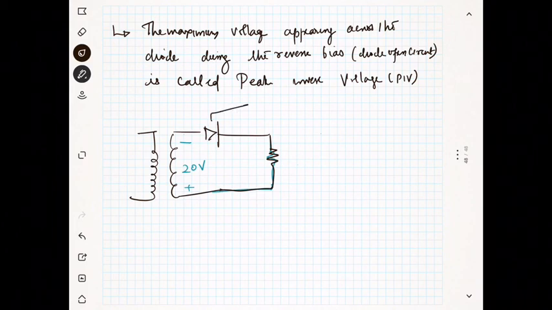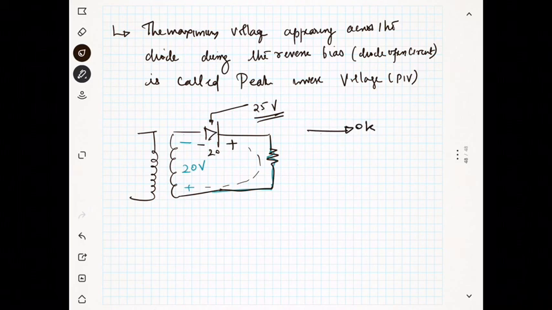Suppose you choose a diode which has an ability of 25 volt. The maximum across the diode is only 20 volt, and your diode can block up to 25 volt. This is okay,